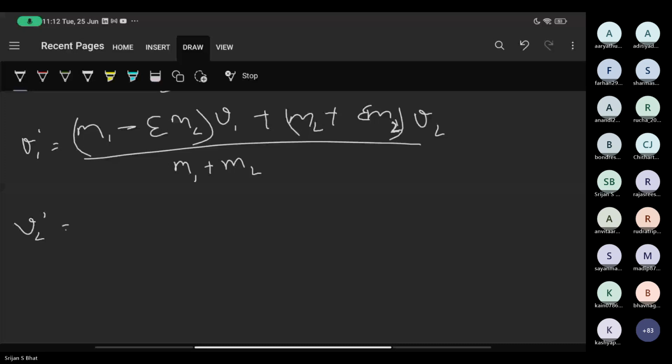Anyone? Epsilon is not the total energy. Yes, it's the coefficient of restitution. So what is the coefficient of restitution? I'll come to it. I'll just write this down.